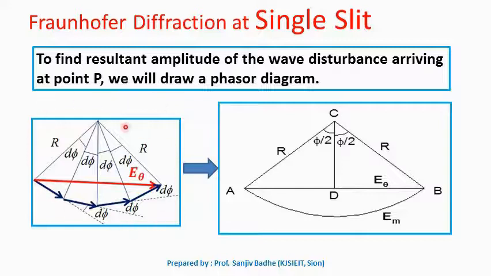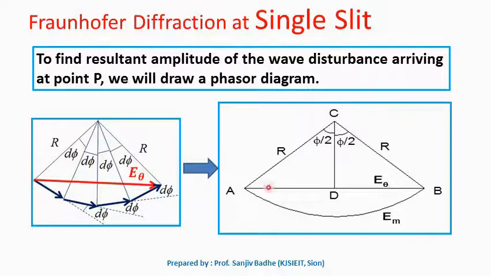This is the phasor diagram that we got in the last slide. In this phasor diagram, you can see this is E theta, which is the resultant amplitude. If you join these vectors, we can get an arc, and R will be the radius of this arc. This d phi plus d phi plus d phi, n number of times, will result in the total angle between the first wave and the last wave, the phase difference between the first wave and the last wave, which is equal to phi. So, let us simplify this phasor diagram to this diagram.